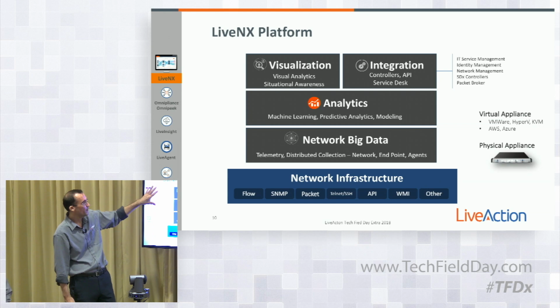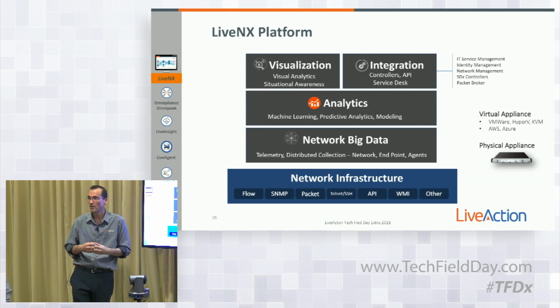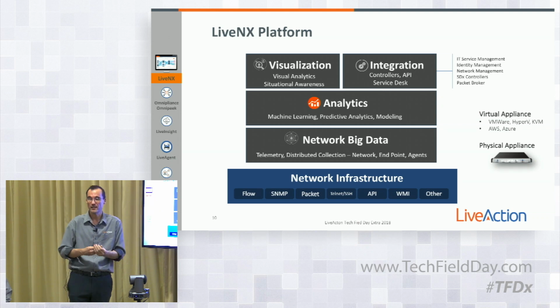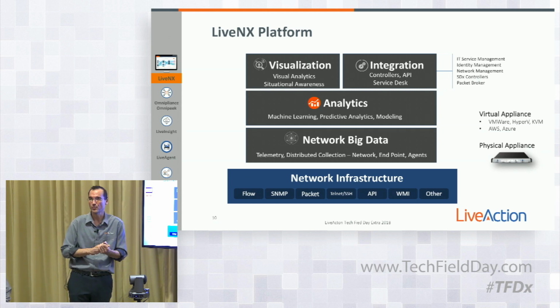And at the very top layer is our visualization, and we call it visual analytics. We spend a lot of time on how we visualize the network. We find that very important for our customers. And the various different integrations, so things like ServiceNow. We see a lot of customers integrating to ticketing systems like ServiceNow. And all of this is available in a virtual appliance format, so it can run on VMware, Hyper-V. Also, we have an AWS image as well as Azure. And also as a physical appliance, so if you want to buy it as a physical appliance, you can do that